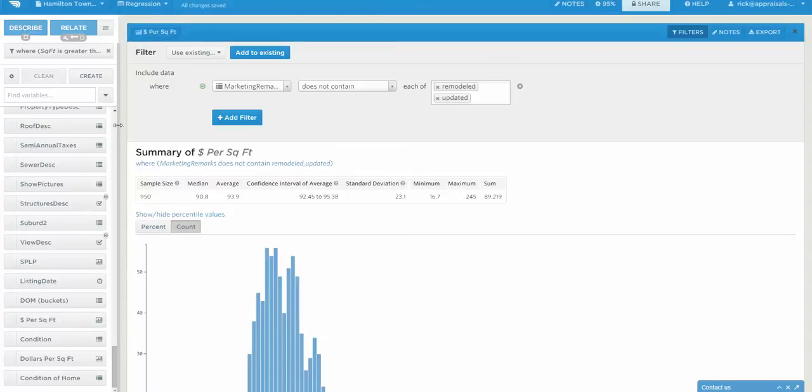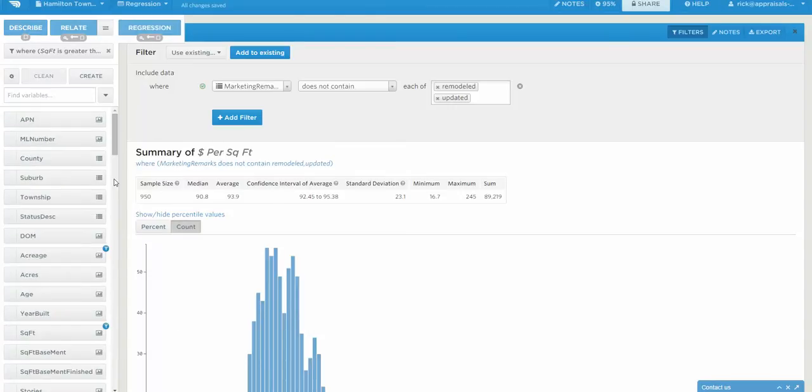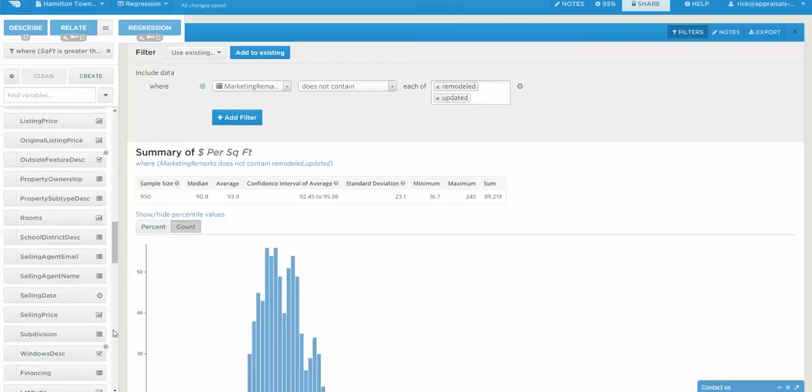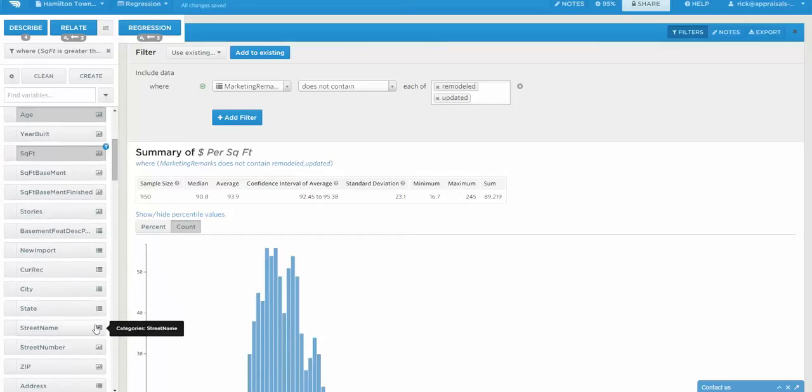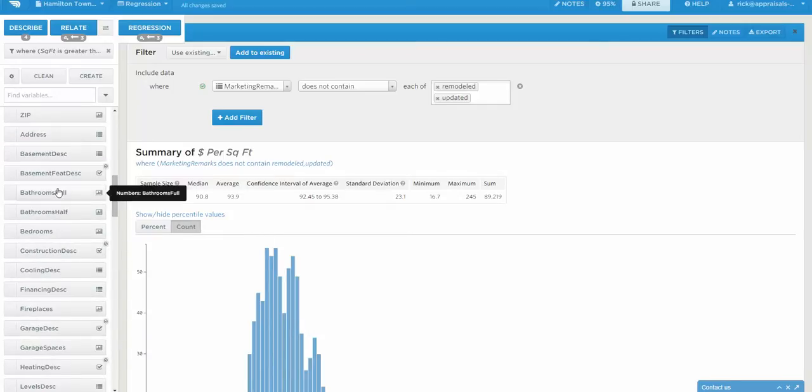So now what I want to do is run a regression analysis on all of this. So I'm going to go ahead in Statwing. What you want to do is on the selling price, you want to highlight it, but you want to make sure that there's a key right there that shows that that's basically your Y value. That's what you're trying to solve for, is the sale price. And now I'm going to go back in and add in acreage, age, square footage, maybe, let's see, I'm just going to add a few things just to get this moving here. Bathrooms full, bathrooms half, maybe garage spaces,